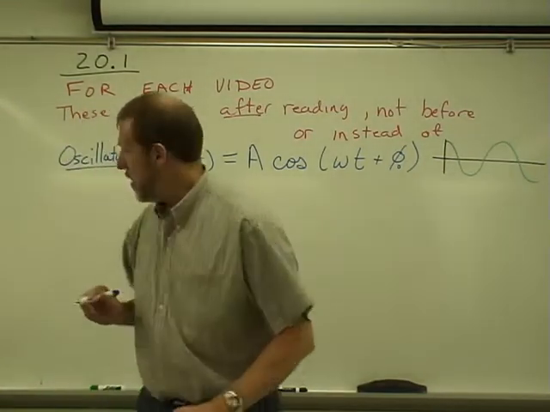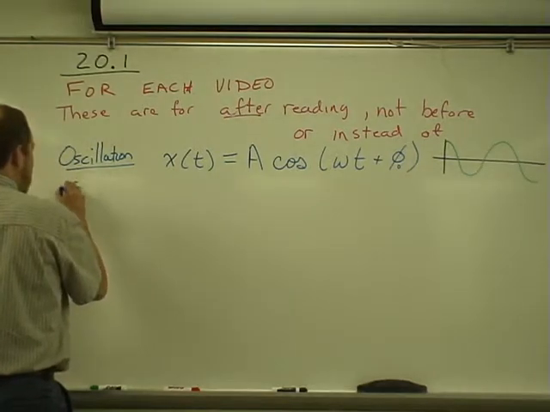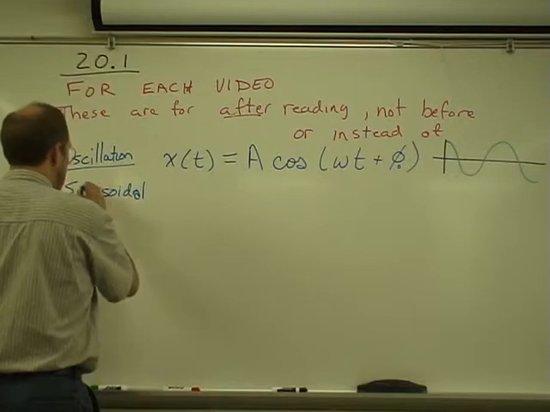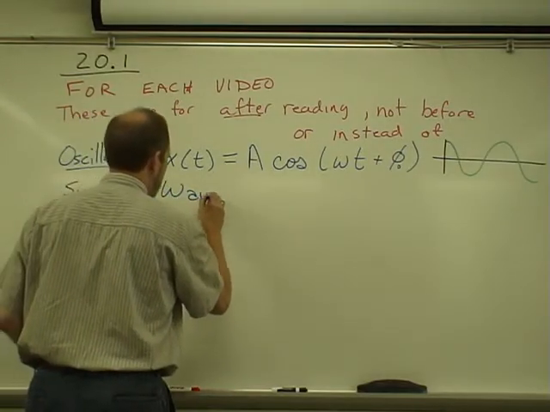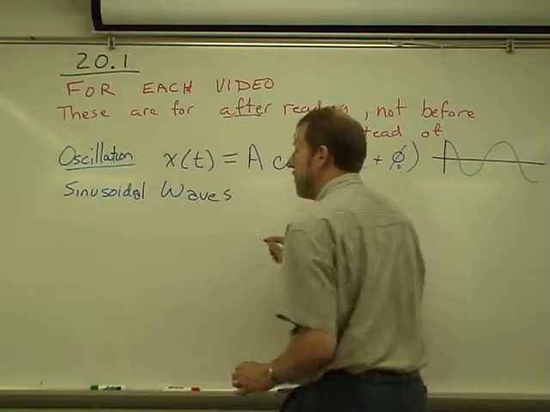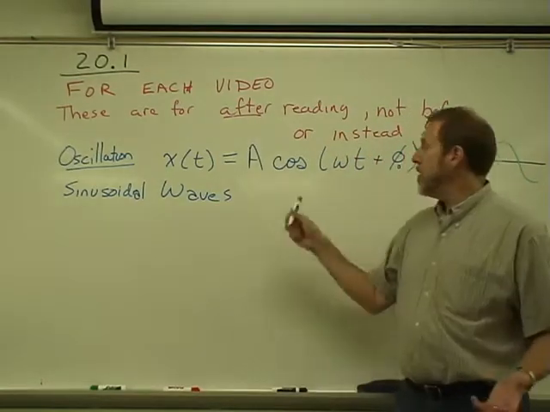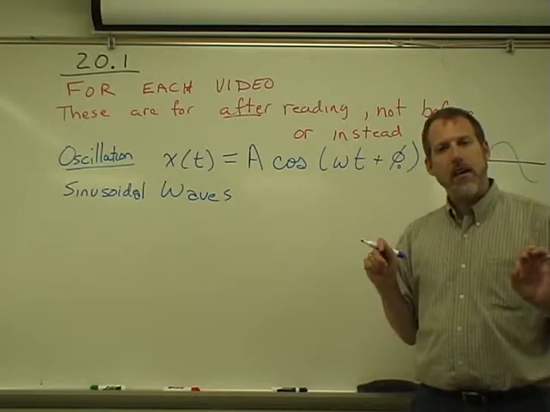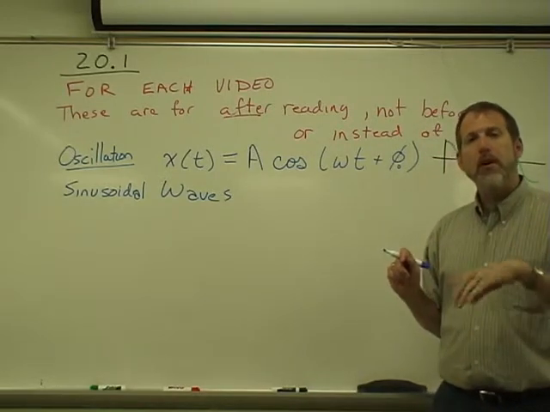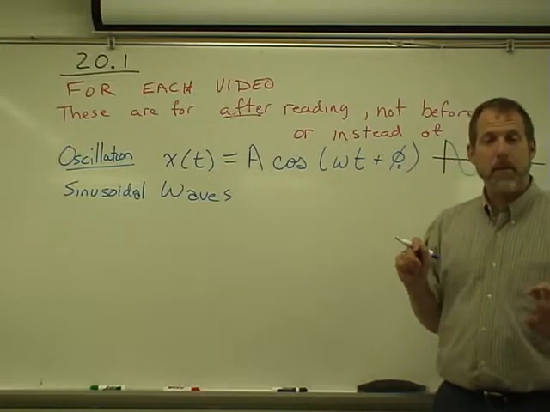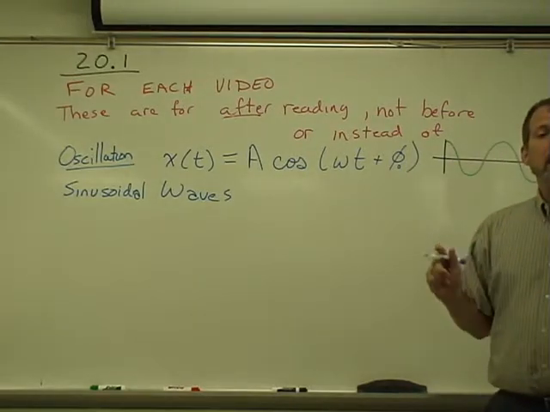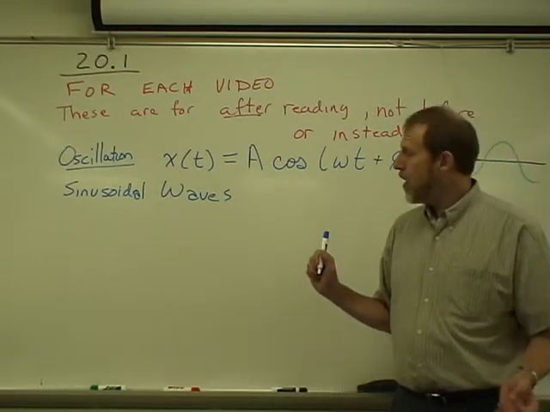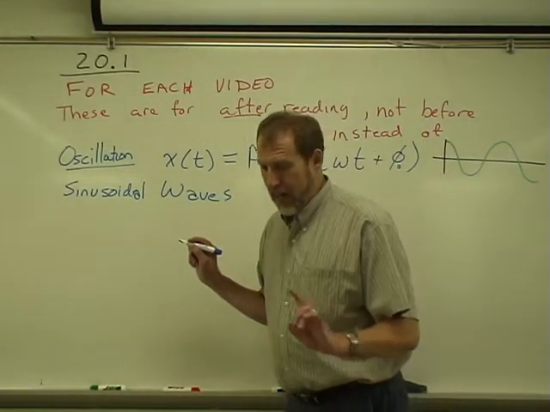Now, for sinusoidal waves, we're going to use, like we did before, the sine function. Ah, but this is the cosine. They're the same thing, a shift of starting point. The sine and the cosine are exactly the same thing. When I talk about sinusoidal functions, that includes the sine, it includes the cosine, heck, it includes the tangent. So we're going to write this as